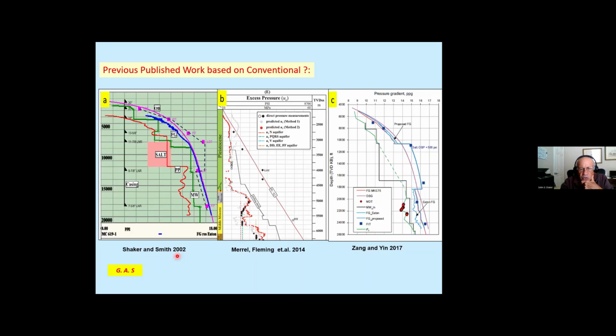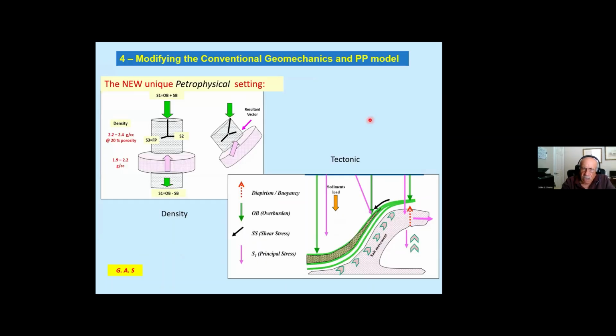Also, this is 24 years ago. This is 10 years ago. Fleming, he got the same thing, fell in the same trap I did 20 years ago. He used the overburden as the principal stress right here. Also, Zhang, that's about 8 years ago, did the same thing. Used the overburden as the principal stress. However,